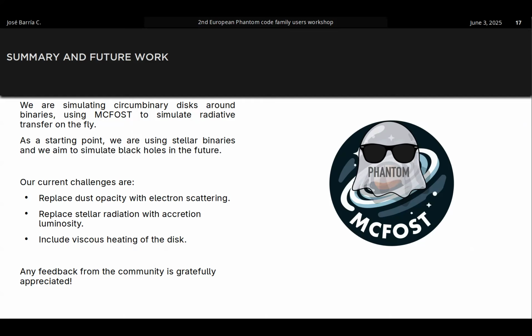But that involves heavy development at the MC-FOST level, or do you think it's portable to black holes? It depends what you mean by electron scattering. If you mean real scattering of electrons, where they bounce around in different directions, this needs some work. Just Thomson scattering. But if we want just an opacity which is constant, and we're prepared to treat it like an absorption and emission opacity, which is slightly wrong but a good approximation to start with, then it's probably easy. Okay, excellent. So Jose is going to be here 1 week after the workshop at IPAC, so we can discuss this later. Thanks again, Jose.